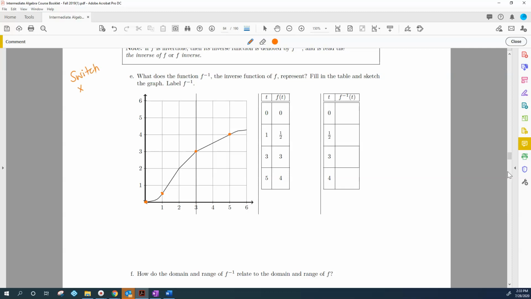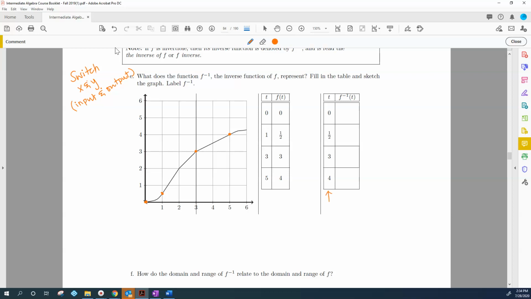I guess it's not always going to be x's and y's, but your input and your output might be a better way to say that. Because on this one, we have t and f of t. But notice, on my inverse function, do you see how all of my f of t's are now